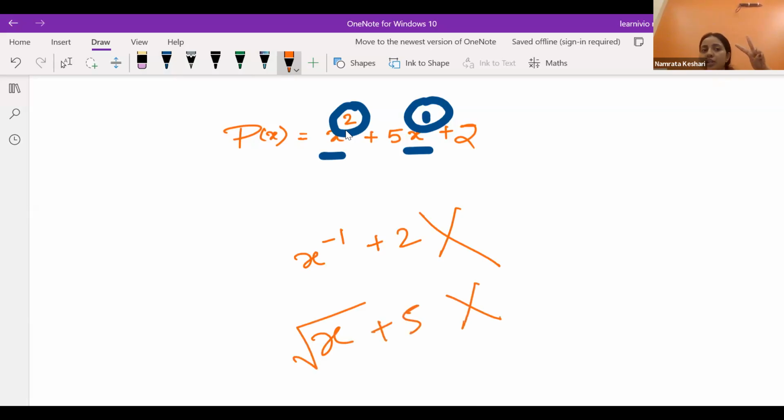So there were two conditions for identifying a polynomial. The first one was you were checking the power, each and every variable's power is a whole number or not. And the second one, you were also checking that 2 or 3 variables must not be there. What does that mean? That means if you are having xy plus yz, this is not